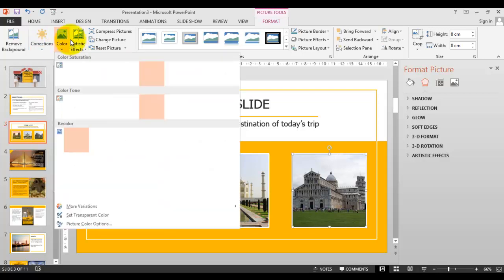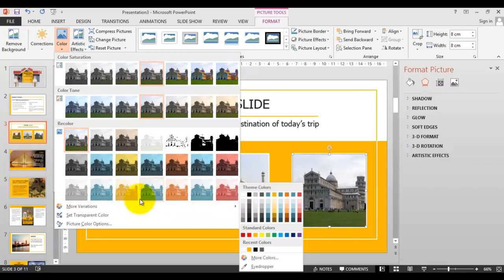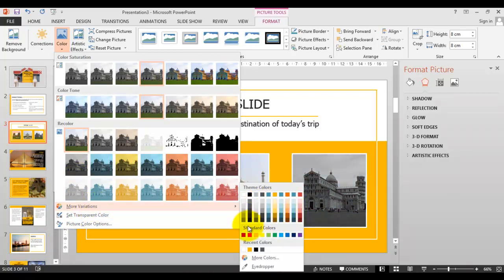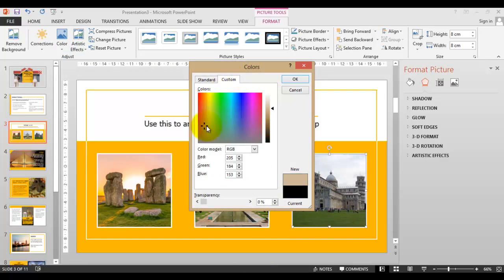And next one is color. Color saturation about your picture, and color tone, yellowish color tone, bluish color tone. Recolor the picture. See, if you want to see more variant, set a transparent color, more variant option here. You can go and see the color difference. If you want more color option, if your choice is not here in the predefined color, that is theme color or standard color, you can choose from more color also again, and you can choose here with your